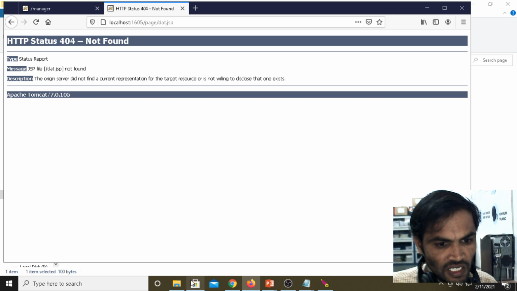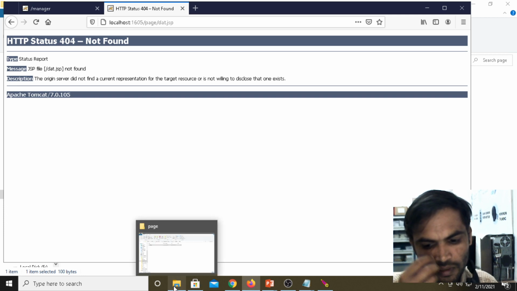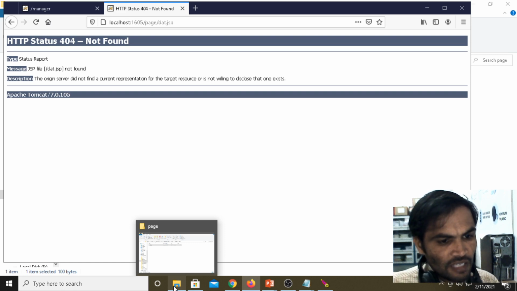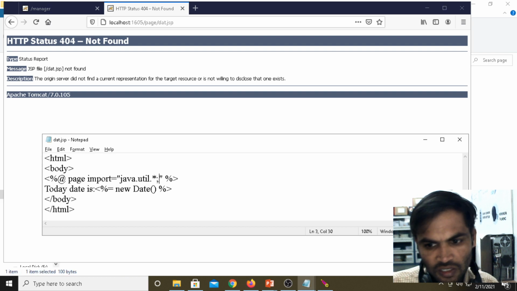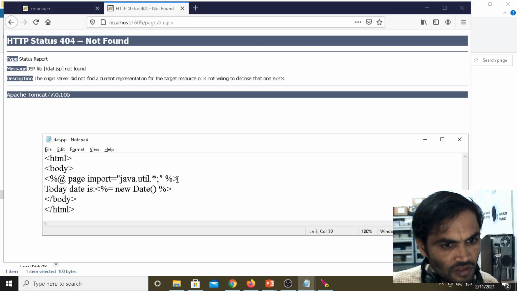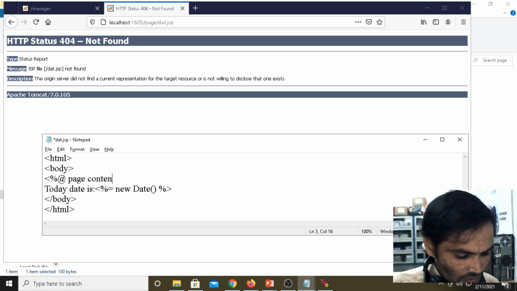Then we can see one more example for the content type. Page contentType, we can see one more example. In that only, date, page at the rate page contentType. The content type may be text or HTML.